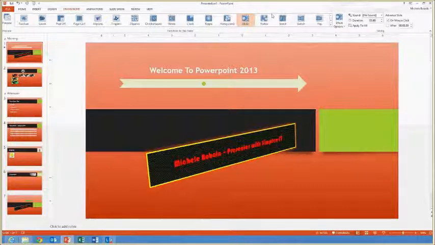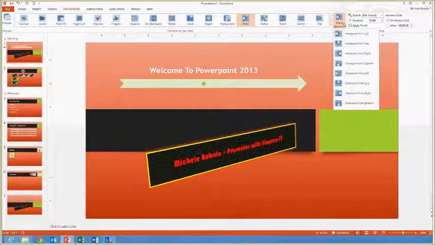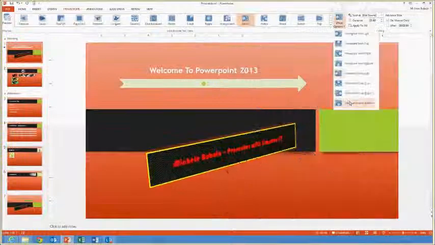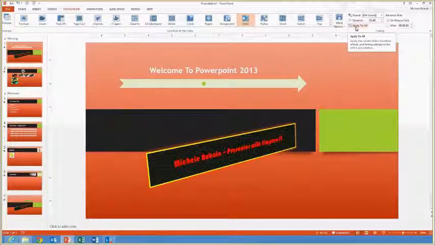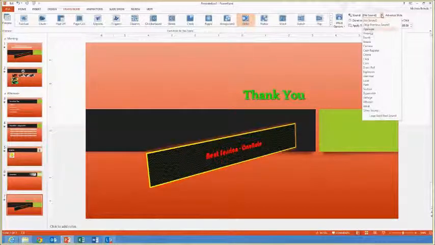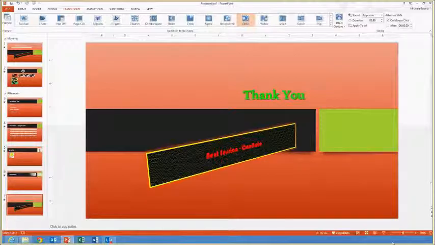Certain transitions, depending on what you choose, may have different options as far as how they come in. So you can have them come in from the left or from the right or from the top or from the bottom. And if you want to, you can also hit apply to all so that it applies that transition to all of your slides. You'll notice that you have timing here for the transition, so if it's too fast or too slow, you can actually speed that up. And if you do have sound, you can apply sound to a slide. Like for the last slide, if I wanted to assign applause,